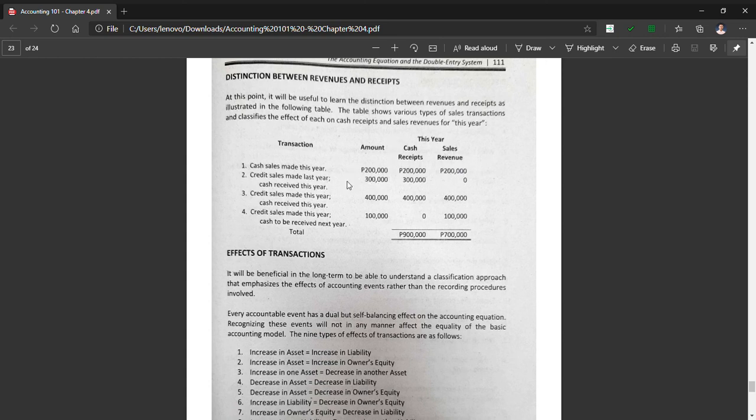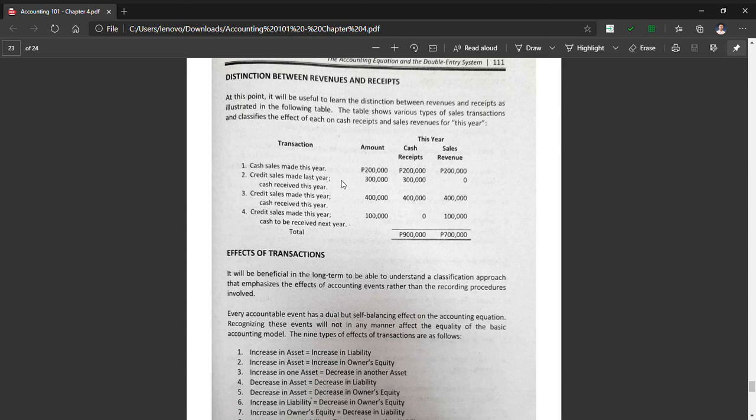Number 2, credit sales made last year and cash received this year. Okay, so yung sales natin is last year pa siya naganap. Last year pa tayo nagbenta, pero ngayon lang tayo nakaka-receive ng pera. So, syempre, this year, meron tayong na-receive na 300,000 na cash. Pero magre-record ba tayo ng revenue? That is a no-no. Okay, so we will not be recording any revenue kasi nga, sales were made last year,